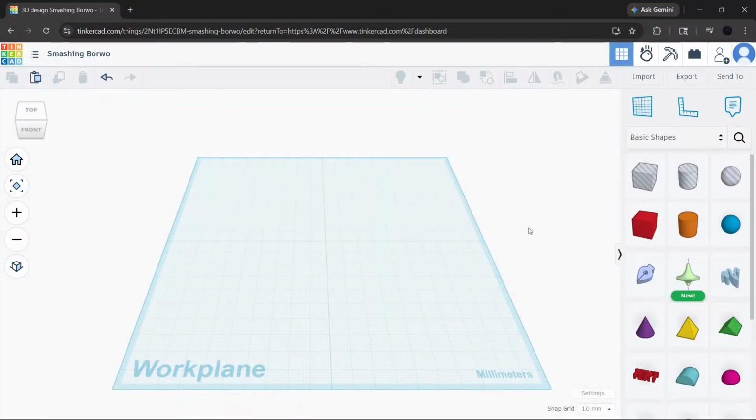If you've ever searched for a blend tool in Tinkercad and couldn't find one, you're definitely not alone. Tinkercad works a little differently from design software like Photoshop or Illustrator, but the good news is that you can still create smooth transitions, rounded forms, and blended-looking shapes very easily. In this video, I'll show you exactly how to blend in Tinkercad using a few simple methods, including radius, extrusion,